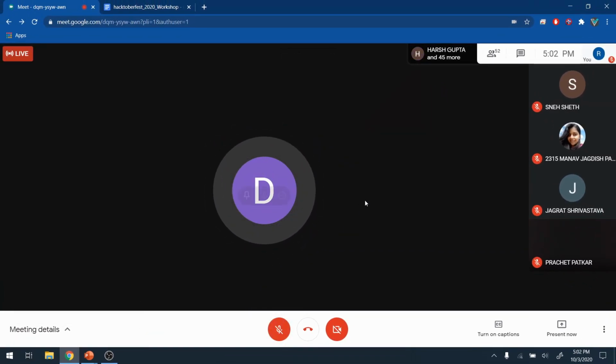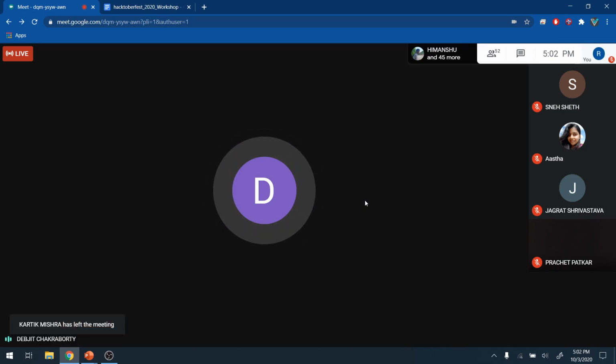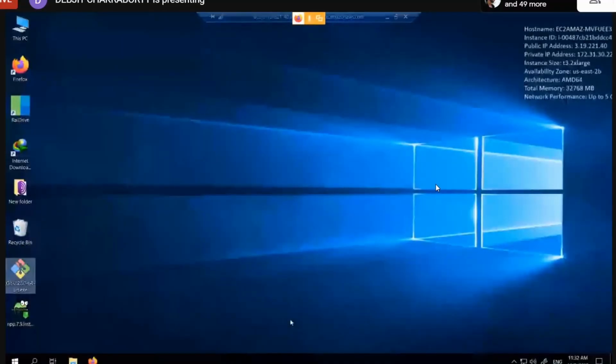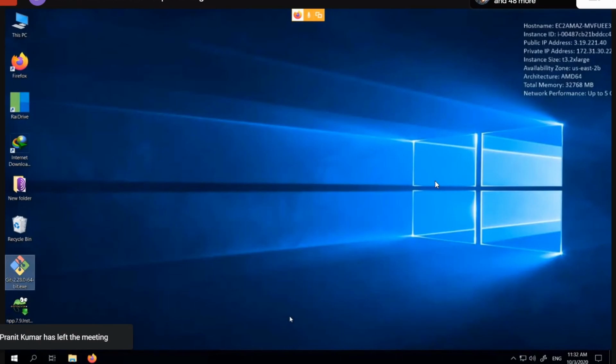Yesterday I told you about the Hacktoberfest event, and today let's get our hands on some basics of GitHub. Hope everyone has Git Bash installed. If not, I will start with installing Git Bash, and for the editor we will use Notepad++. You can use whatever you prefer, but we will be using Notepad++ for today. Hope my screen is visible to you.